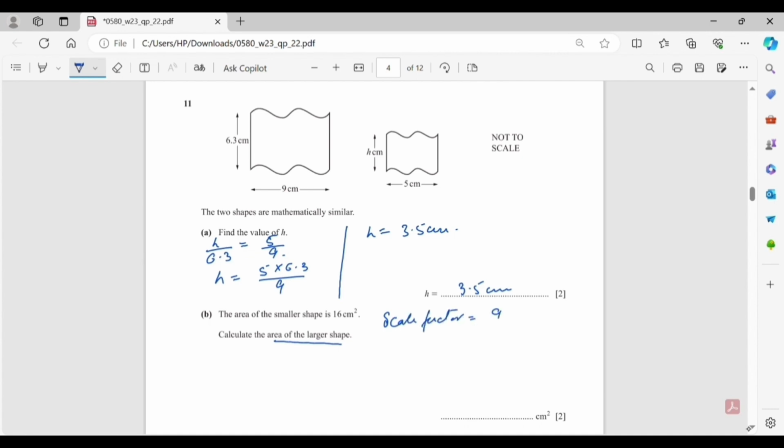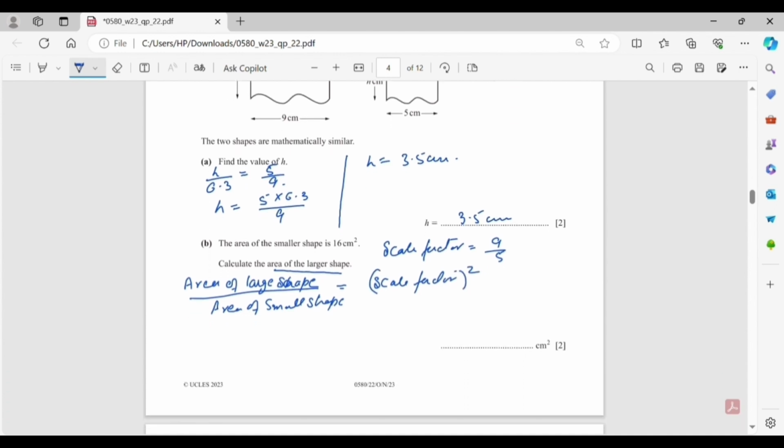Scale factor will be 9 by 5. So area of large shape over area of small shape will be equal to the scale factor squared. Now let the area of the large shape over the area of the small shape, which is 16, be equal to the scale factor 9 by 5